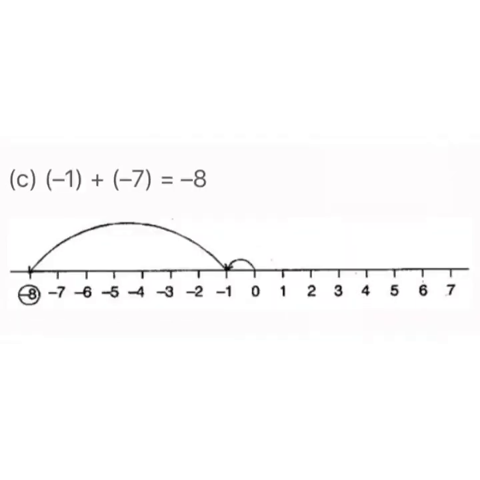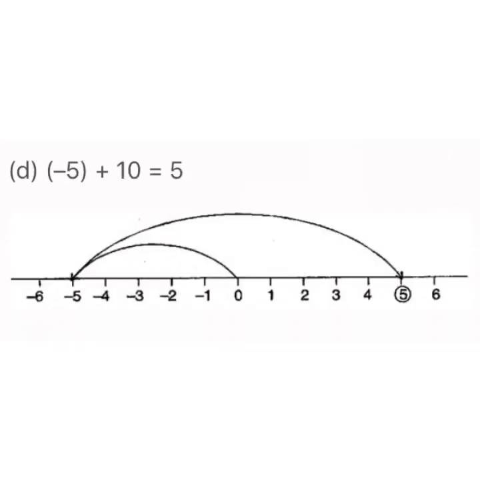Now the next one is minus 1 plus minus 7. Children, as we open the brackets, it becomes minus 1 and minus 7. Both the integers are negative, so we will add, but the answer will be negative only, that is minus 8. So children, here we will start from 0 and we will move left. Okay, so when we are moving left, we will reach to one step, that is minus 1, and from minus 1 again we will move 7 steps left towards minus 1 and we will reach to minus 8.